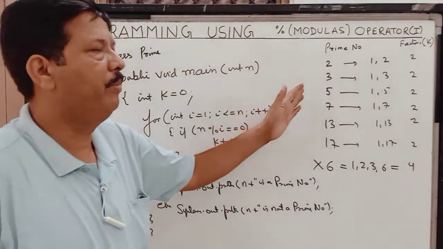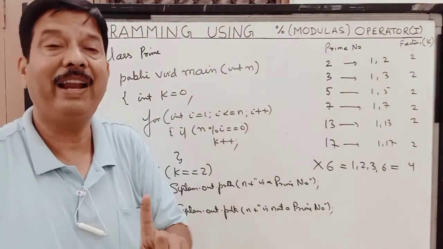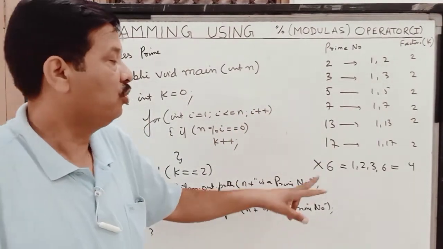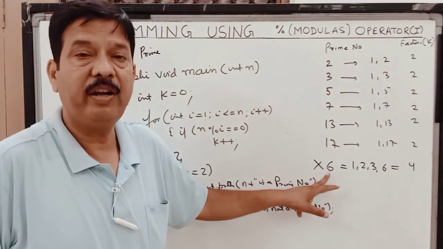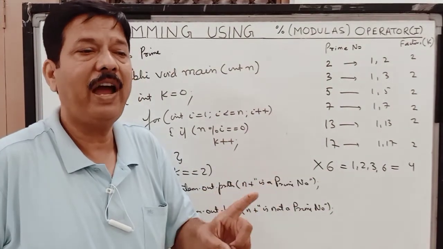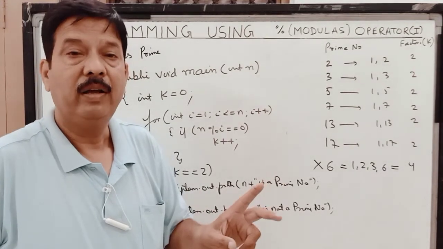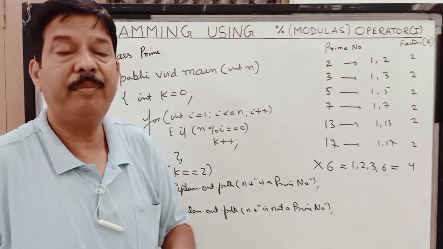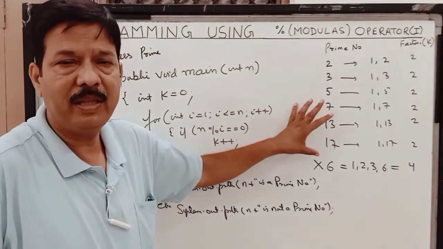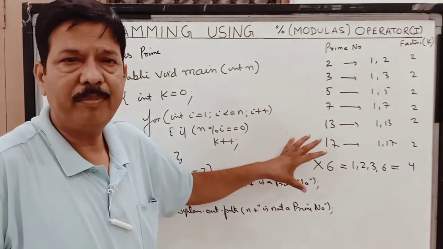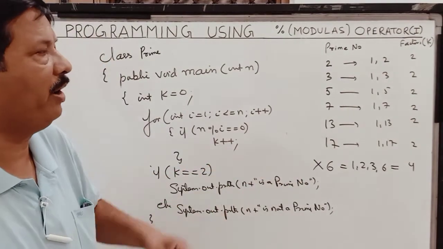Now children, if you have followed this program, then there is another program called the composite numbers. Now all the numbers other than prime, leaving 1, are composite numbers. So 6 is not prime, but it is a composite number. So all the numbers which have factors more than 2, not 1, are called composite numbers. This program prime number has also come in the exam, and even composite number has come in the exam. So we'll do that program also.